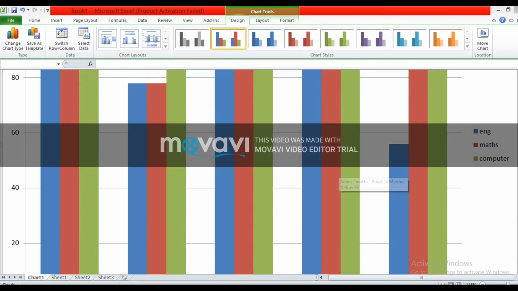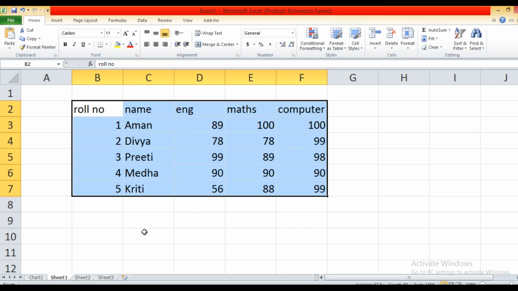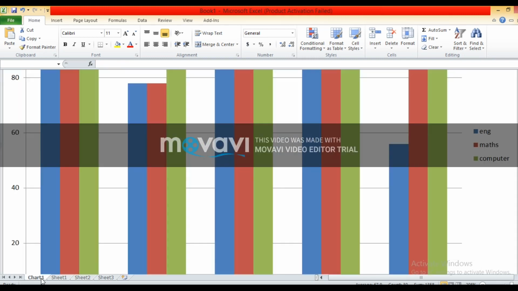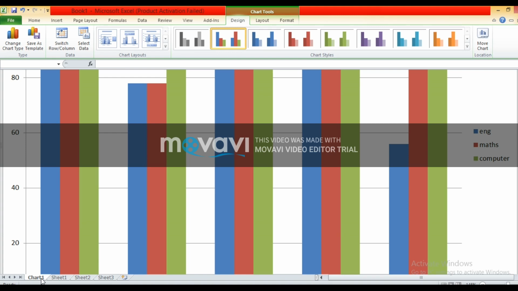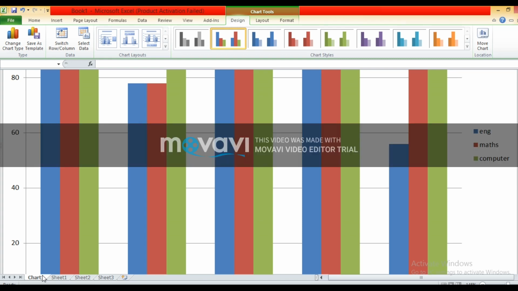Just select the range of cells which contains the data, then press the F11 key. Excel automatically creates a chart using default settings for you, and a new chart tab appears along with the new tab. You can see here the name of the chart tab appears on your sheet. This is the quickest and easiest way of creating a chart. This is method 1 to create a chart in Excel. Just select the range of cells and press the F11 key to display that data in pictorial form.